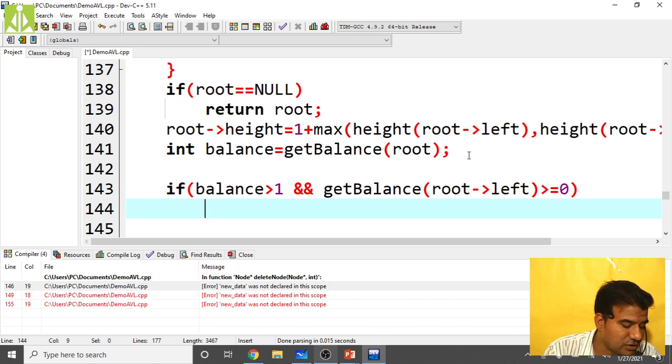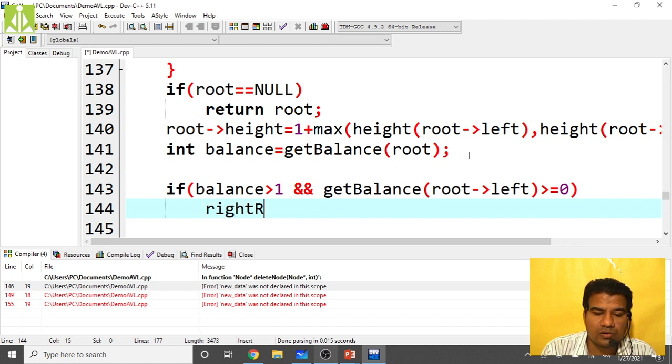Only one type of rotation we are performing, the left case, right rotate. Right rotate you perform on root. Put the semicolon at the end.